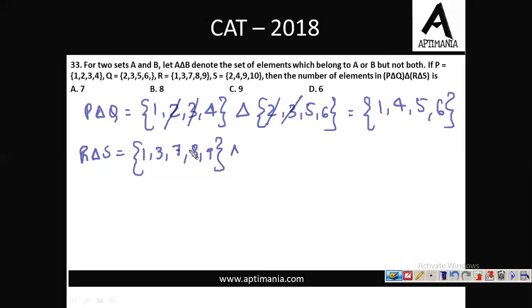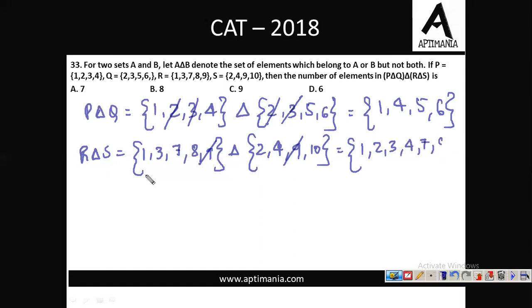del s का वैल्यू है 2, 4, 9, 10. So again मैं common value cancel कर देता हूँ. मेरे हिसाब से only 9 is the common value. So we'll get the result as 1, 2, 3, 4, then 7, 8 and 10. Right? What they have asked is इन दोनों का भी further अपने को del find करना है. So I'll just write down the values 1, 4, 5, 6.